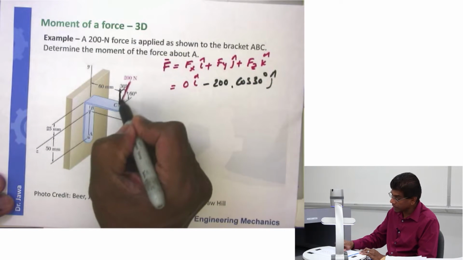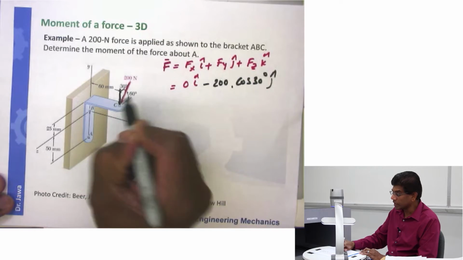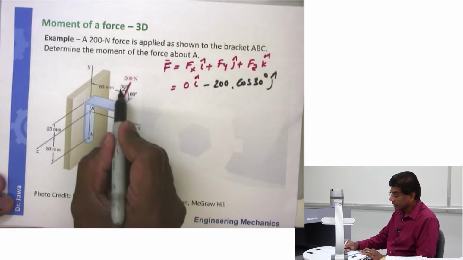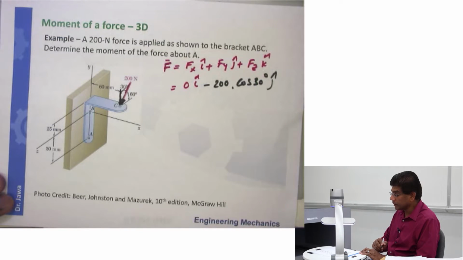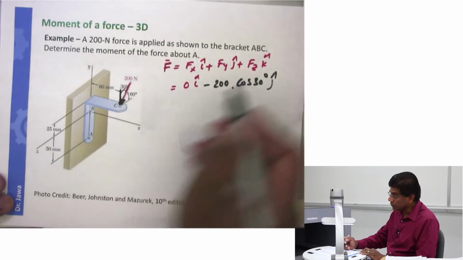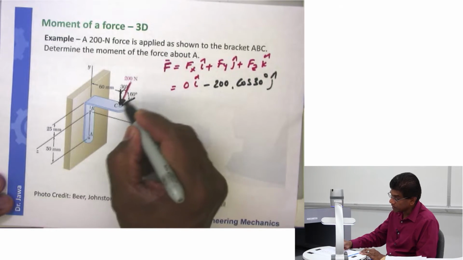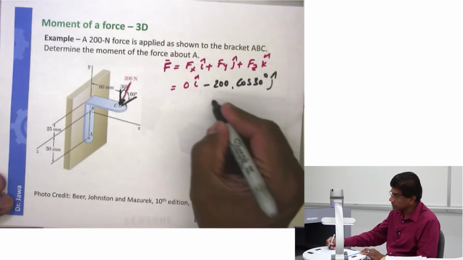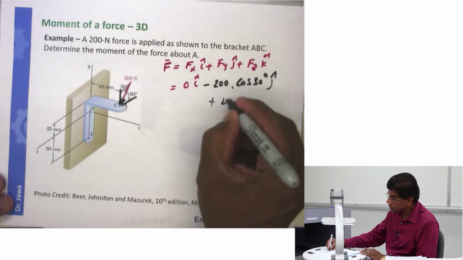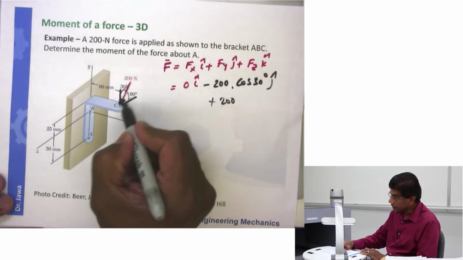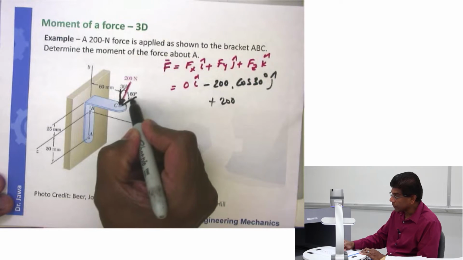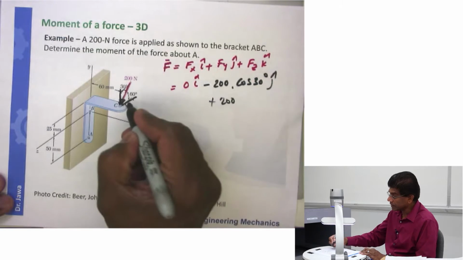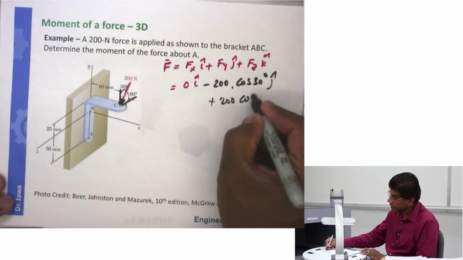In other words, I'm taking this force and projecting it into the y component, and since it is pointing down, it is negative, and this component is going to be cosine 30. And that leaves finally the z component. As you can see, the z component is along here and it is going this way, so it's positive z, so plus 200, and it is this component. I can either say cosine 60 or sine 30. They are the same, but I'm going to use this angle, so it's going to be cosine